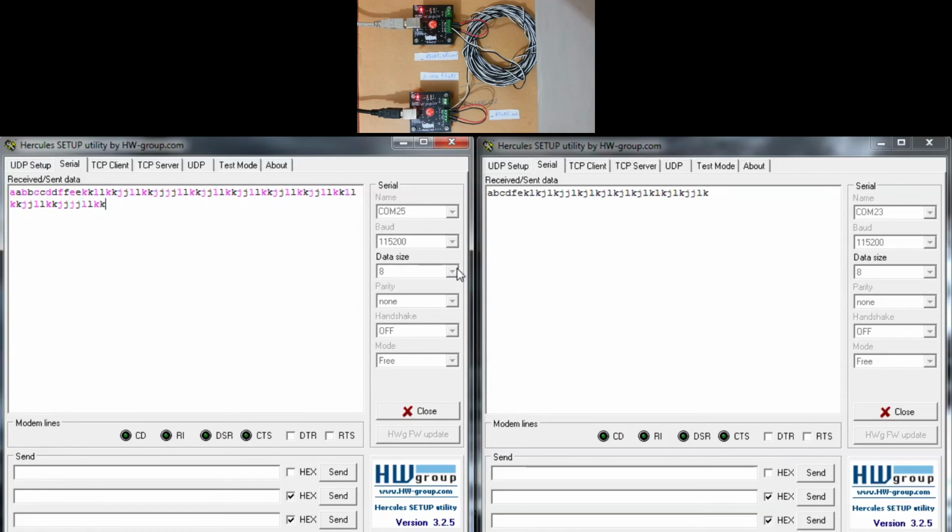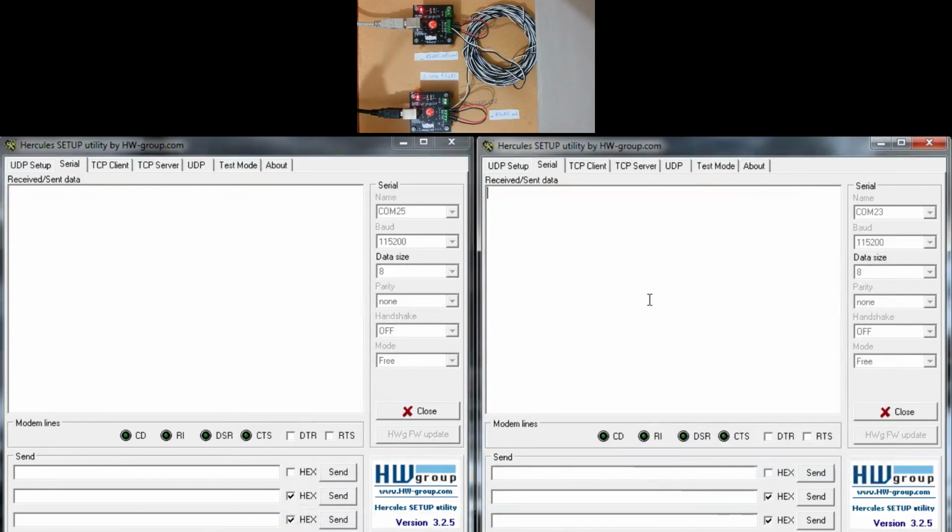It's the expected result. Okay, but if we configure our device with this configuration file with echo suppression, and let me clear both windows.